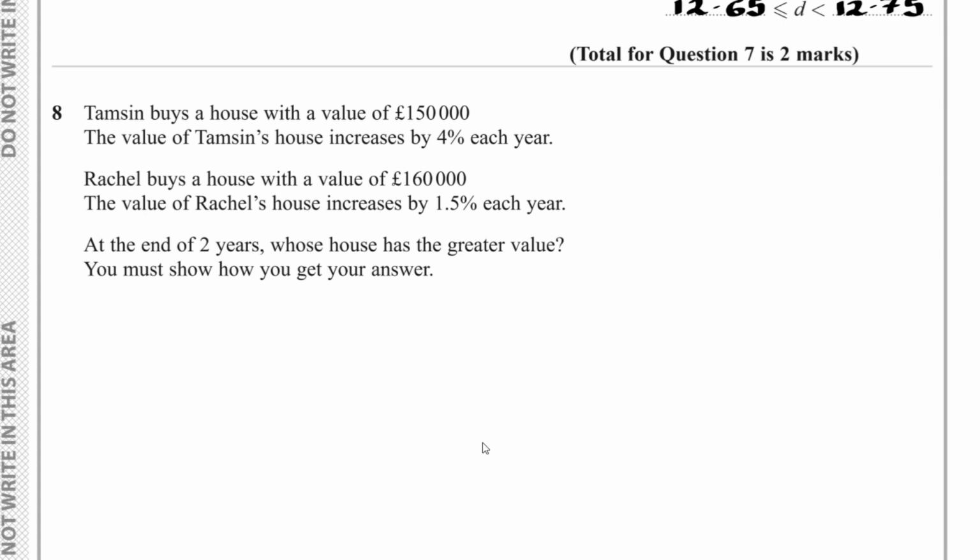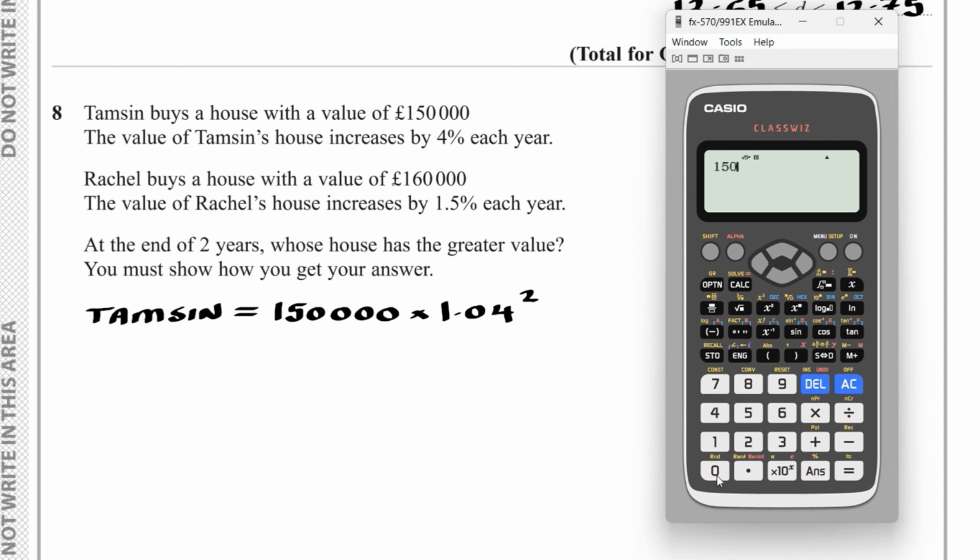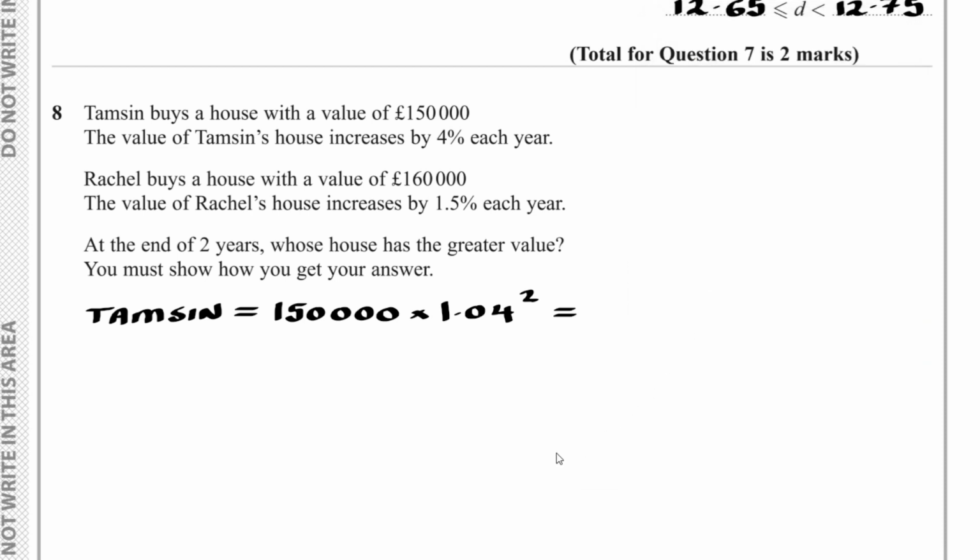Well, if I think about Tasmin's house, we've got this 150,000, and I multiply this by 1.04, which represents a 4% increase, and I raise this to the power of 2 because I'm looking at a time period of 2 years. So I've got 150,000 times 1.04 squared, and it turns out the value of her house is